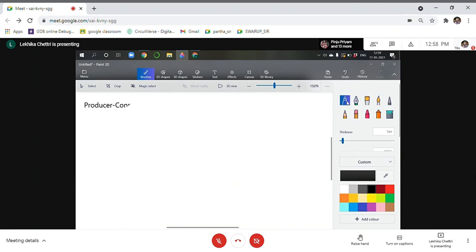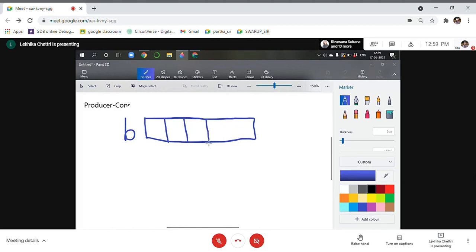Let us say this is my buffer, and I'm using one array. So I have a buffer of size 1, 2, 3, 4, 5. I've declared one array of size 5.